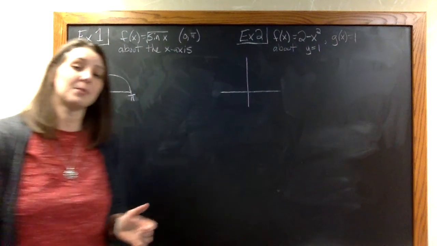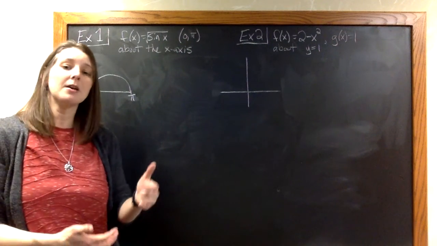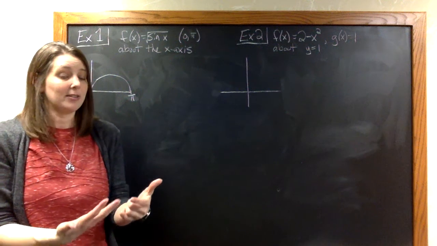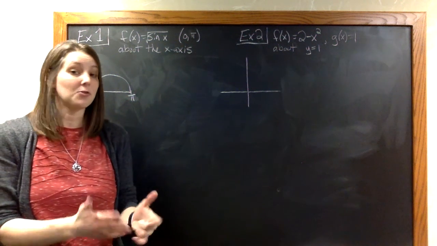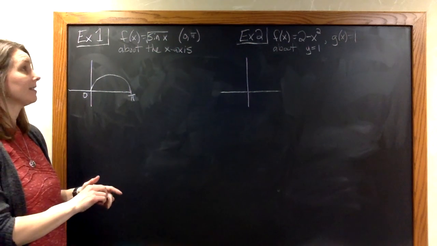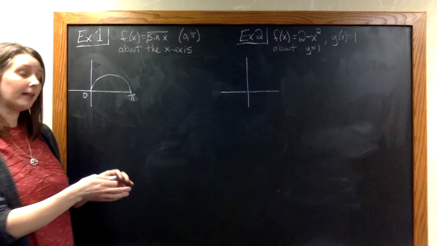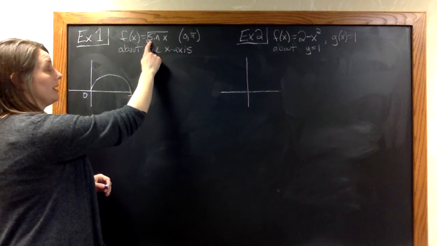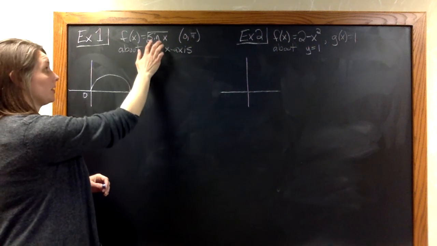All right, we're going to do some examples here for 7.2. Again, these are straight from your book. It's example 1, so just open your book. You can follow right along. Example 1 asks us to find the volume of the solid generated by taking the area under the square root